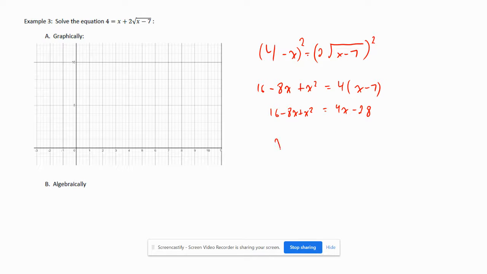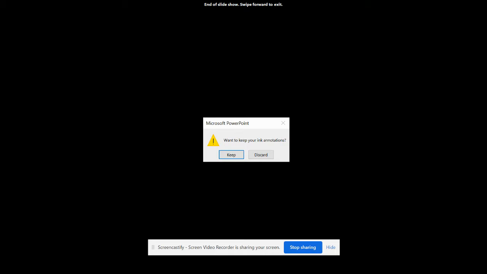Fire this over to one side, we get x squared, subtract 4x from both sides, minus 12x. Add 28 to both sides, and we get a value of 44 equals 0. So I'm going to fire this in my quadratic formula here, because I don't think this is going to be factorable. So we get x equals negative b plus or minus square root of b squared minus 4ac